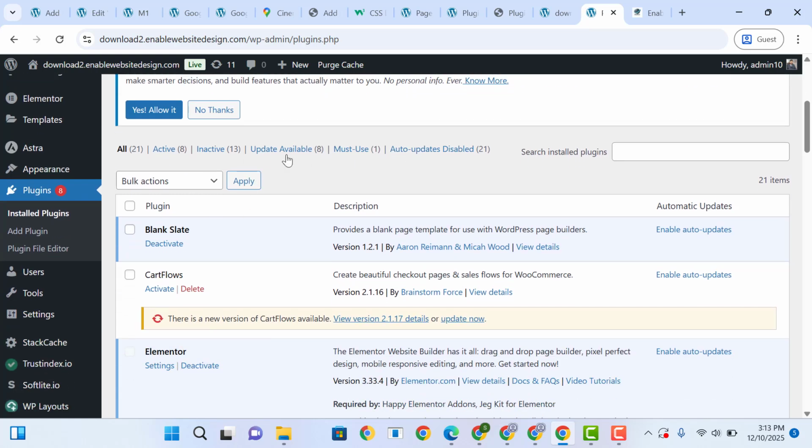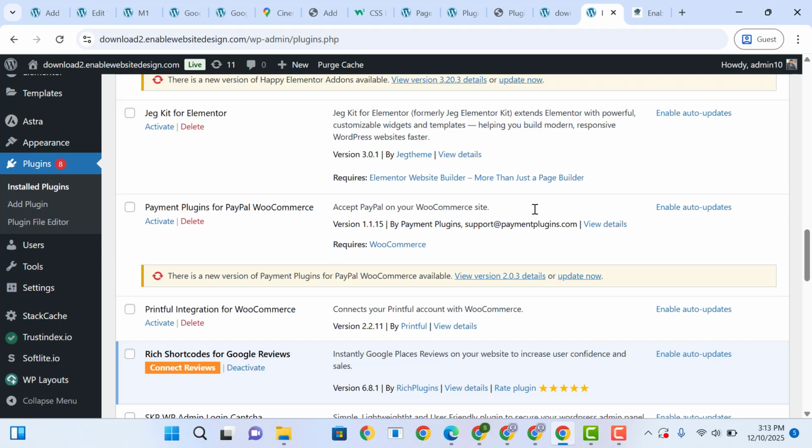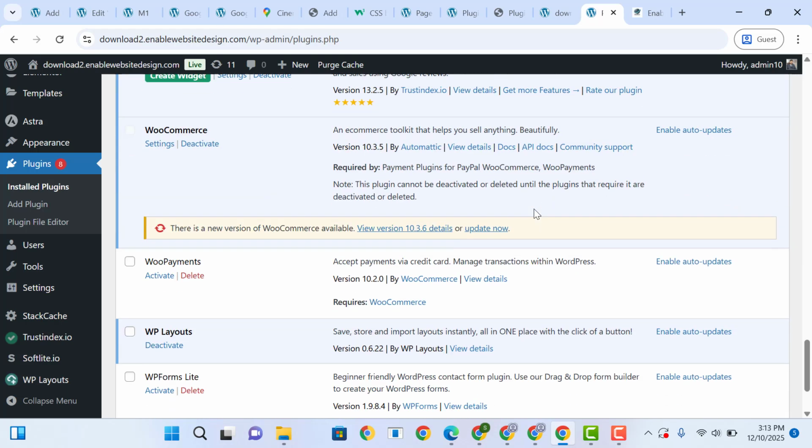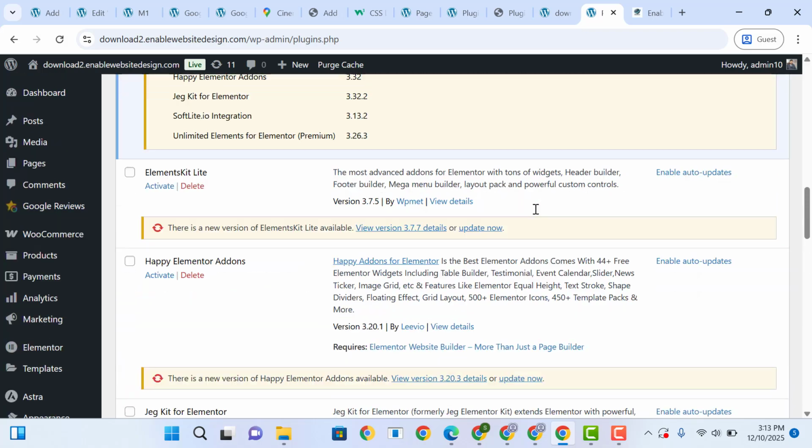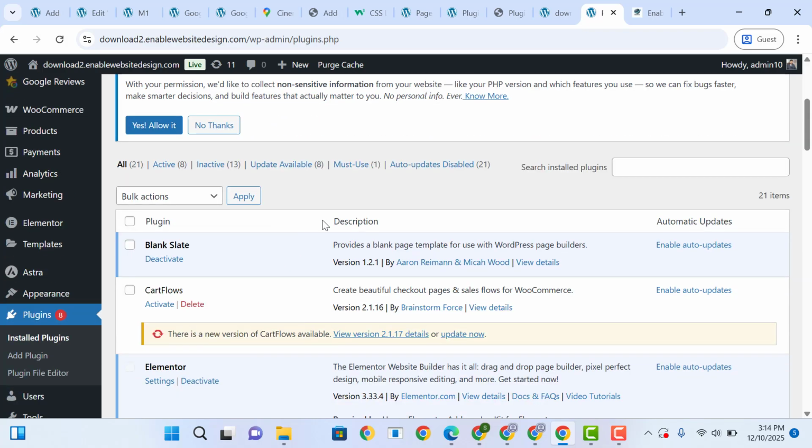Now on the top here you can find updates. So these are 8 plugins that need to be updated. Now let me go here and click on update available,